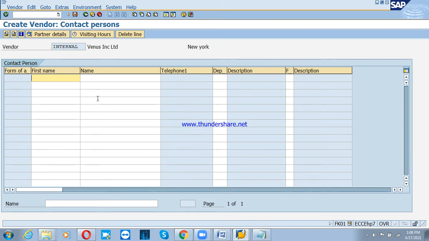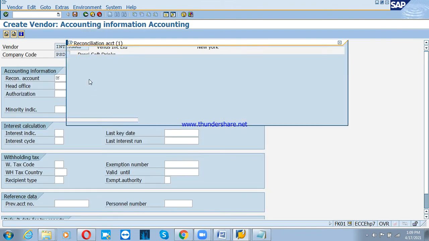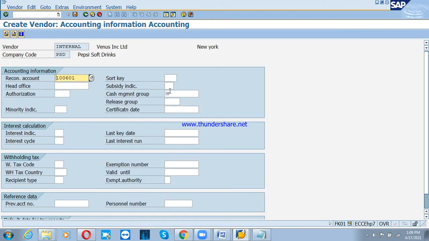And here, contact person, I'll give Matthew, and Thompson. So these two persons are the contact persons. Then the reconciliation account, sundry creditors,